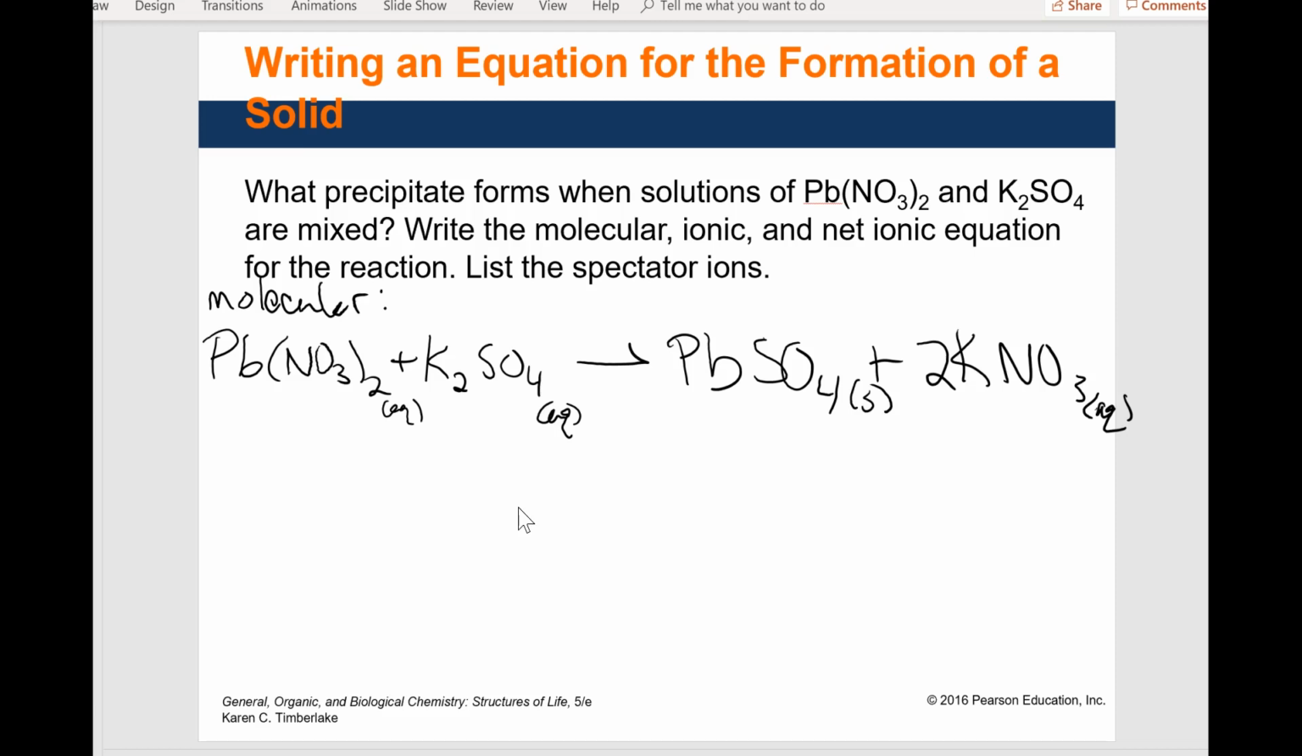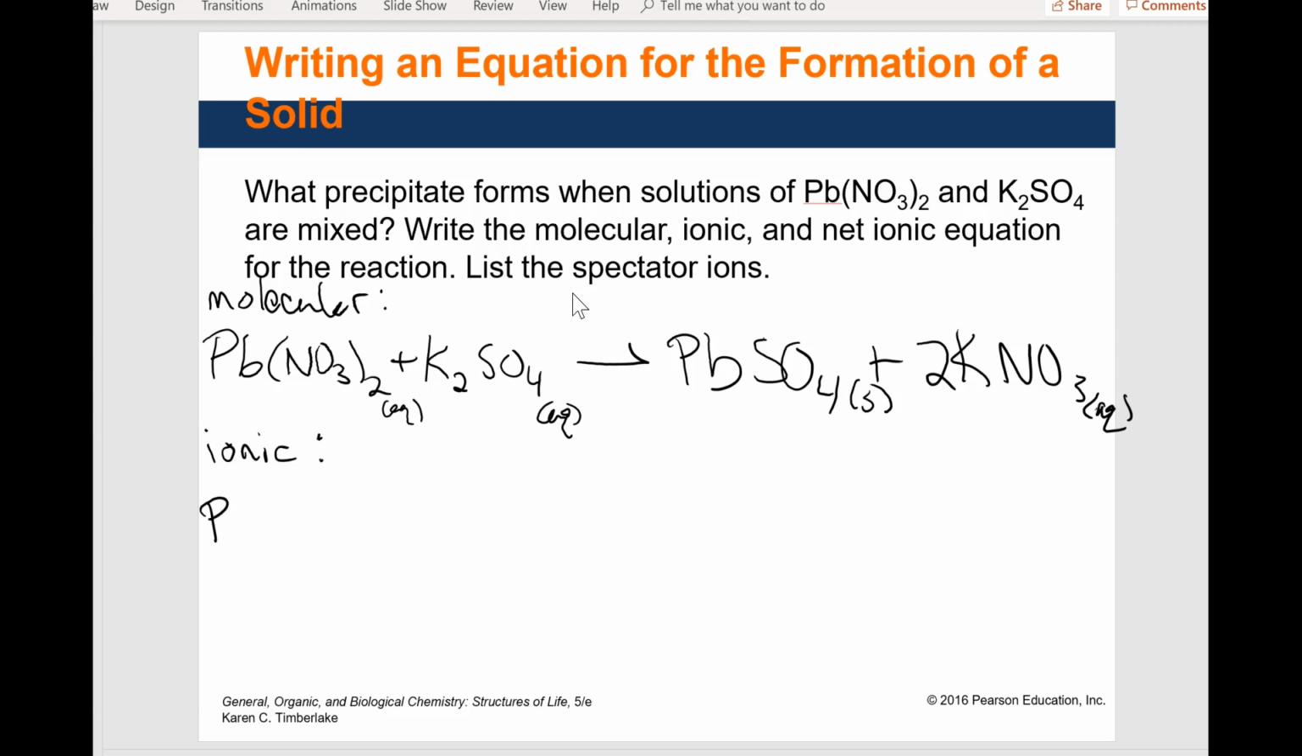To write the ionic equation, or the complete ionic equation, we just take everything that's aqueous and separate it out into its component ions. Now, if it has a subscript, that means there are 2 of them, and we would reflect that by having a 2 coefficient. Right. And so when lead nitrate breaks apart, and again this is lead 2 nitrate,